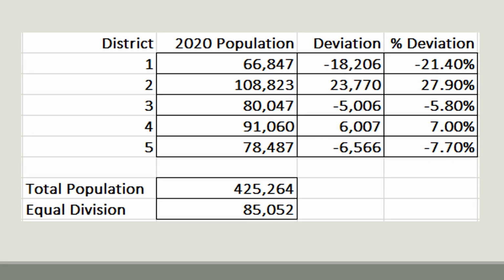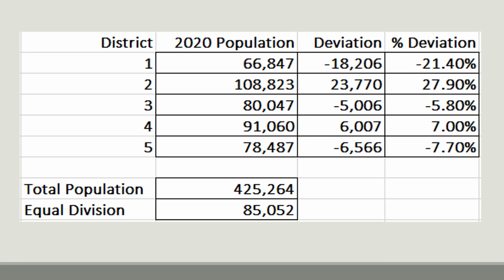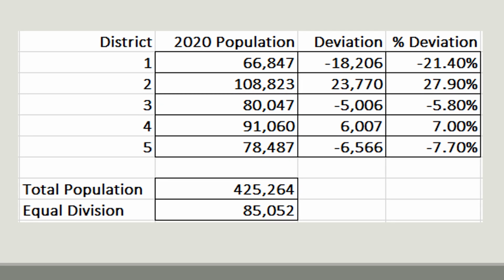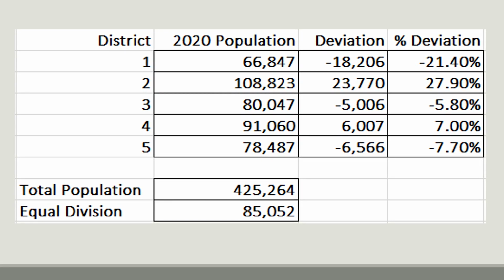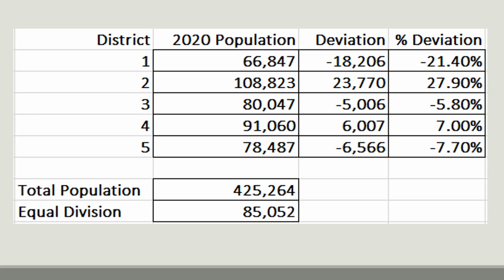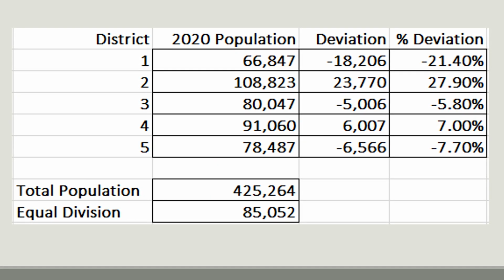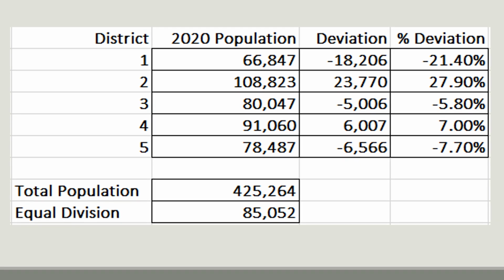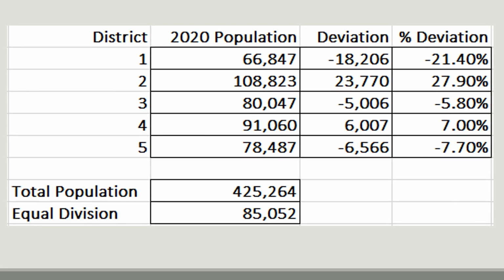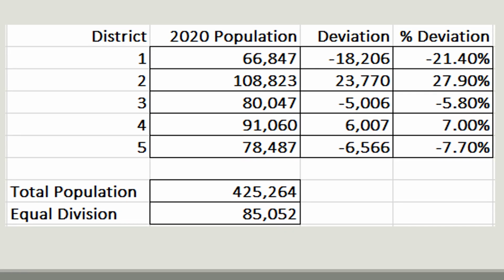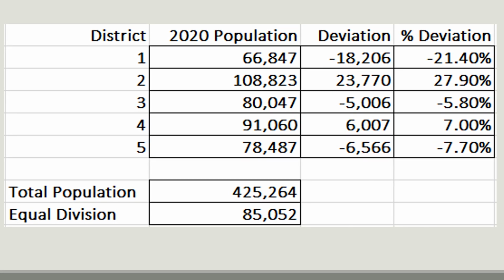If any 2 of the districts differ by more than 10% in population, the county is required to redistrict the boundary lines so that the districts are more equal in population. This helps to ensure equal representation throughout the 5 districts. Based on 2020 census data, the county's district populations are outside the allowed 10% deviation in population and therefore must